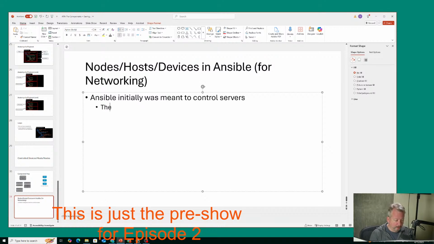And that meant they logged in via SSH and uploaded Python code and executed it remotely. So that's how Ansible worked in the server world, and that's how it still works today. It was agentless, so as long as the host that you were running Ansible against had Python installed, then it would upload the modules and all the code, run it locally, and then bing, bang, boom, you've got whatever stuff you wanted to run. With network devices,